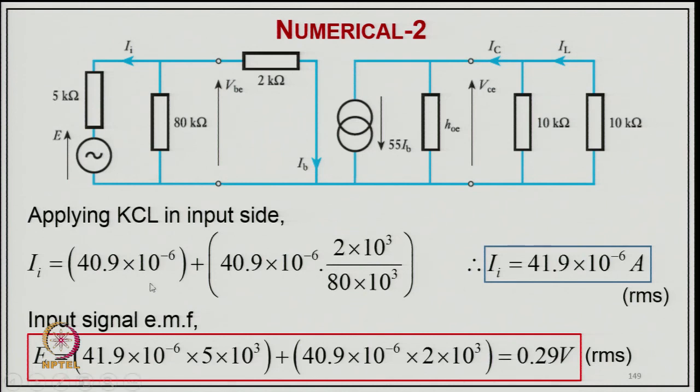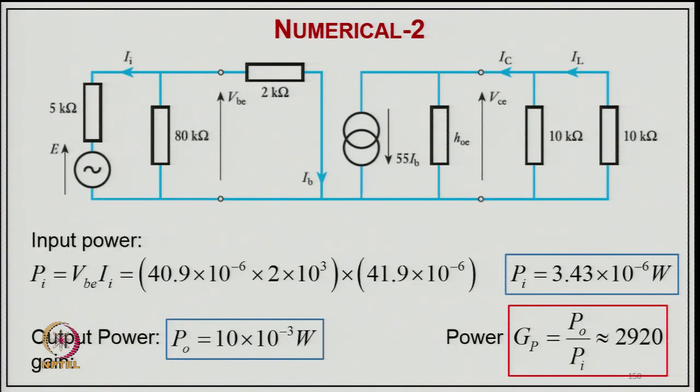So, you can have 40.9 × 10^3 applying this. So the input current comes again 41.9 microampere, and the input signal Ei you can find out now: current multiplied by the resistance of the two components. So it comes 0.29 volt, and from here the input power can be Vi Ii, putting the value it comes like